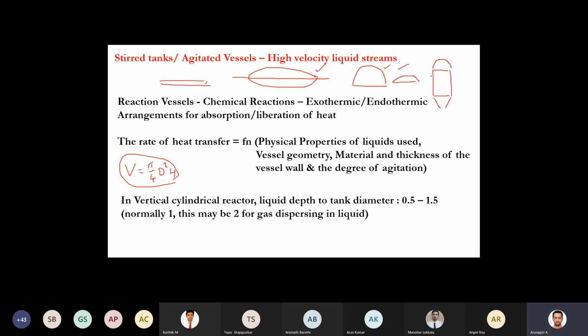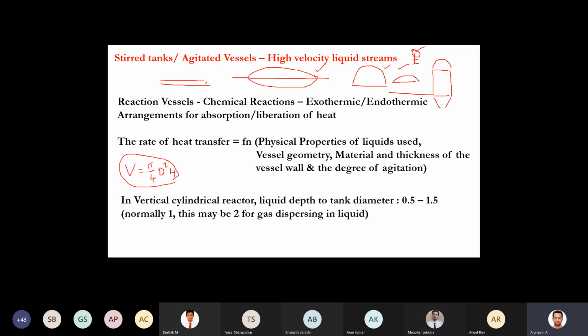Okay, so when you connect the disc heads with the cylindrical section, what happens? This is the cylindrical portion, this is the disc. Whenever there is a change or cut in the flat sheets, there is a tremendous change in stress distribution in the vessel wall. Stress intensification is a concern because at sharp edges the disturbance of the stress will be more. Continuous is normally good. So here the stress is distributed uniformly, but here it is not the case.